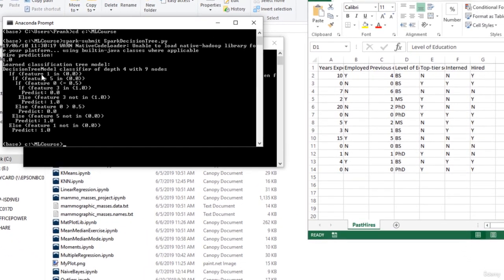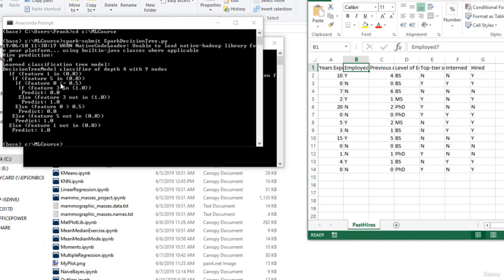So basically it says if feature 1 in {0}. The way to interpret that is, if we look back at our source data here and start counting at 0, feature 1 (0, 1) would be employed. Remember, we converted y and n to 1 and 0, so it says basically if you're not employed. If feature 1, which is employed, is in the set containing a single value of 0. For categorical data, you'll see that syntax, in curly brackets, with whatever the categories are. All right, so if you're not employed and if feature 5 is also 0, so 0, 1, 2, 3, 4, 5, that's an internship. So if you're unemployed and you did not do an internship, and this says if you have